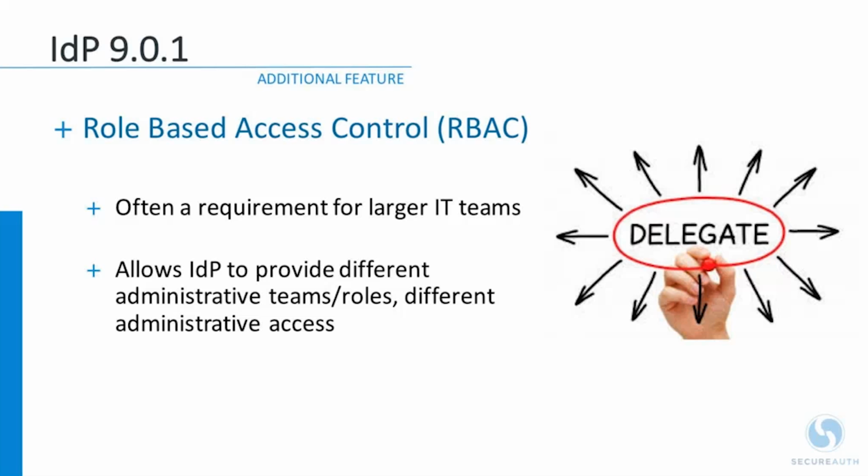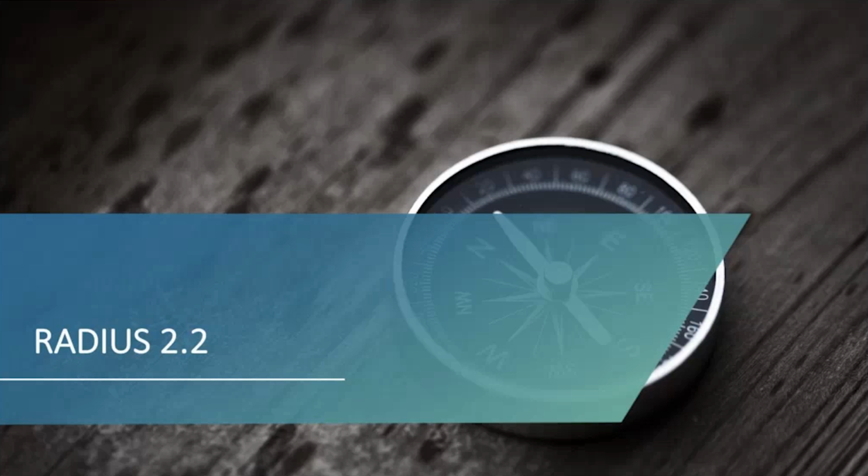By providing different access by different roles, organizations, for example, can delegate self-service functions like password resets and account unlocking to the help desk without fear they will knowingly or unknowingly alter security policies and authentication workflows. So with that, I will now turn things over to Jeff Hickman to talk about Radius Server and IDP 9.0.2